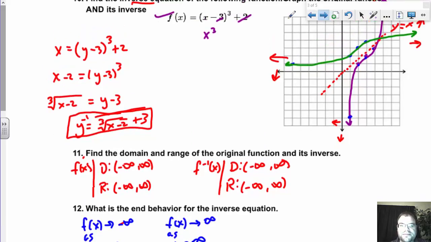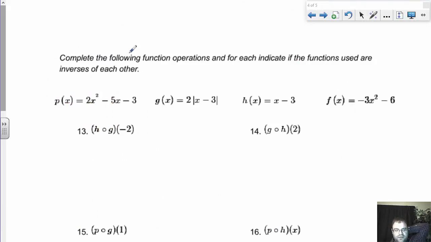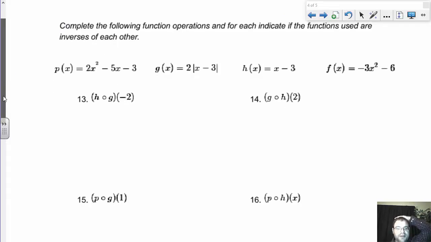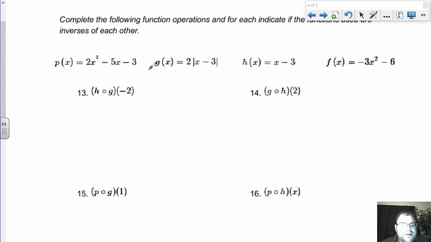And that's what that's going to do on number 12. So let's turn the page and work on some familiar stuff. We have: complete the following function operations. These are called composites when you see this little circle inside of here, and basically it just means plug in -2 into g. So that's my g function right here. This x is now going to become a -2. So g of -2,